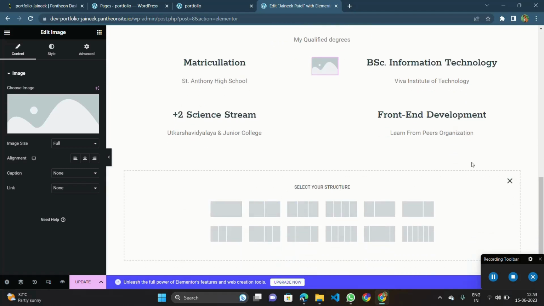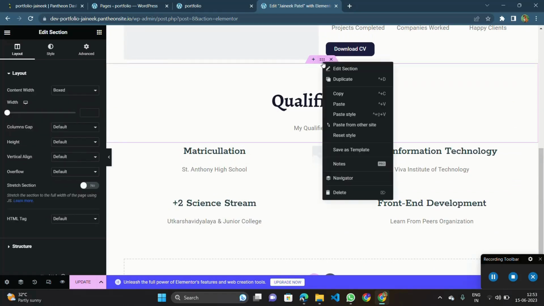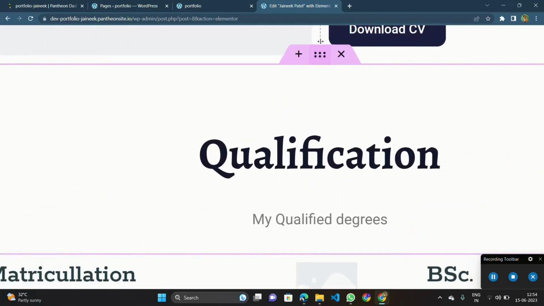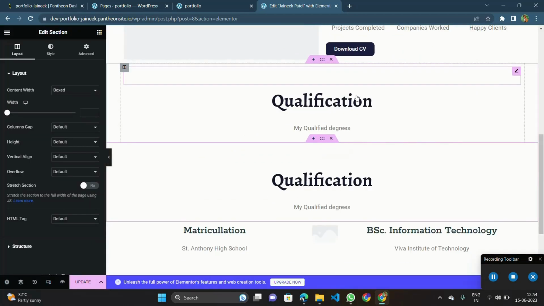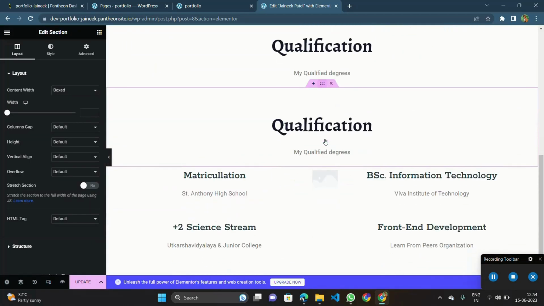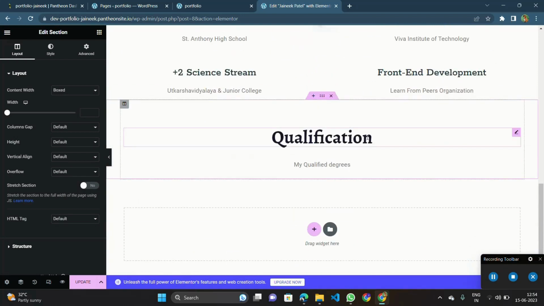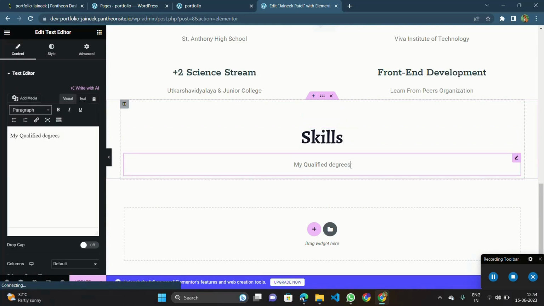No, I think we can again just copy this section, or duplicate it. Click on these icons here, right click and duplicate. After that, you just take this section to the bottom, and at last we will add a skills section, and here we will write